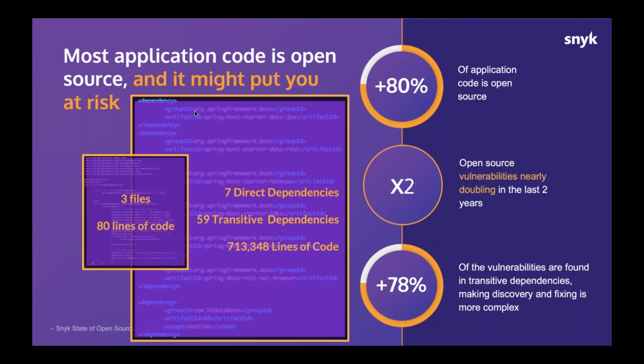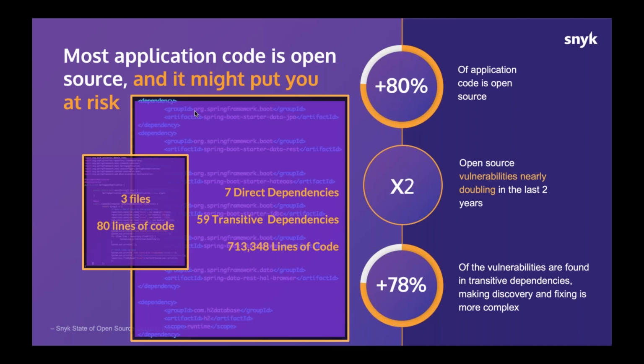These 7 packages in turn use another 59 packages, so totaling 66 packages. 59 of them I'm not even aware I'm using, but they were brought in once the compilation happened, and overall totaling over 700,000 lines of code. So this is just to show you how in most apps, as you can see we just released a report on Java, most of the applications written out there right now are written in Spring, these types of frameworks. So the lion's share of code that you're running is open source, and most of it you're not even aware you're running.